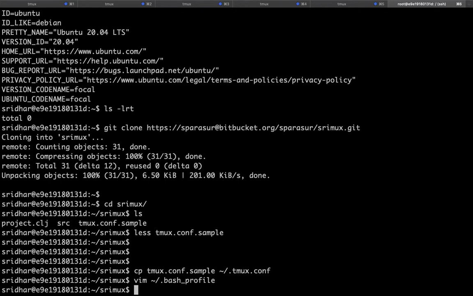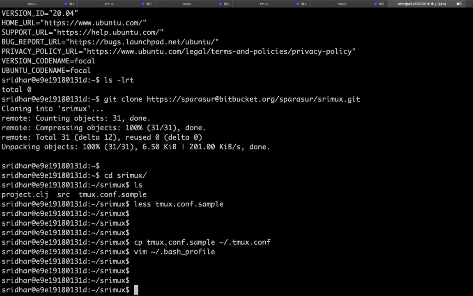So once this is out of the way, you can actually get tmux and run the mother session called srimux that makes everything possible in this project. So let's get the apt-get updated.